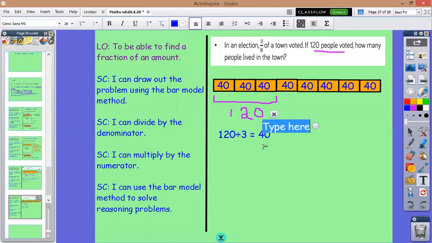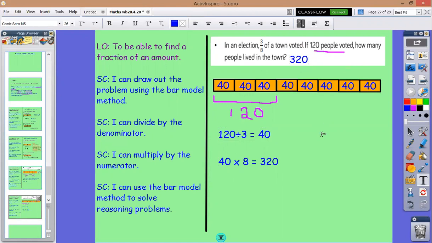So my next calculation would be 40 times 8, which is really simple if you know how to do it. So I know that 4 times 8 is 32, but because 40 is 10 times larger than 4, I'm going to do 32 times 10 in my head, which is 320. So my answer will be